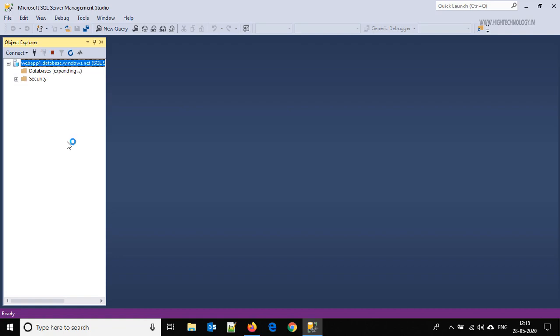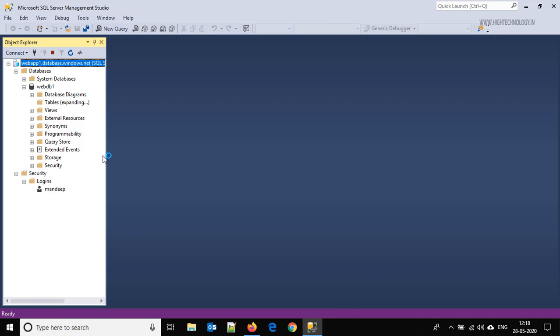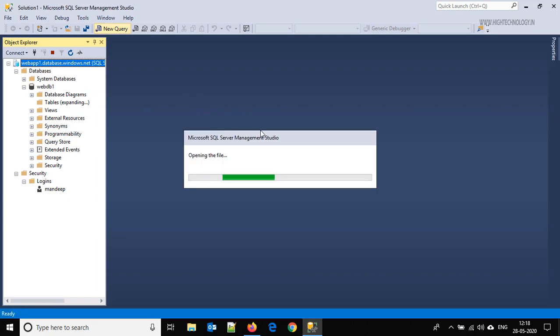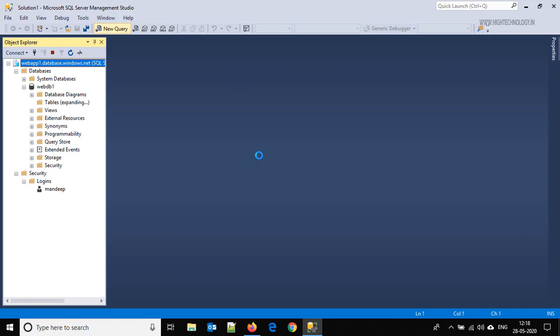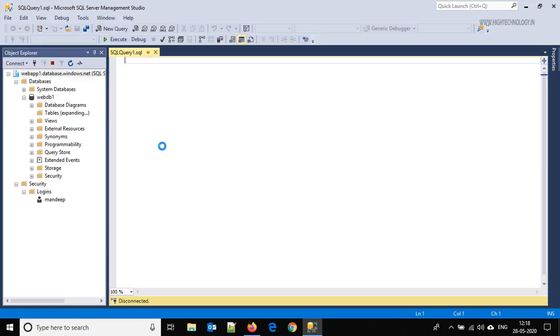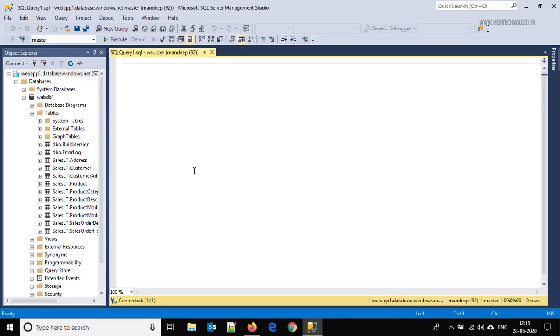successfully to our database, and here you are able to see that we just get our database and security. We have not received anything else. Here on the database, tables, let's click on new query, and let's access it with select star from.